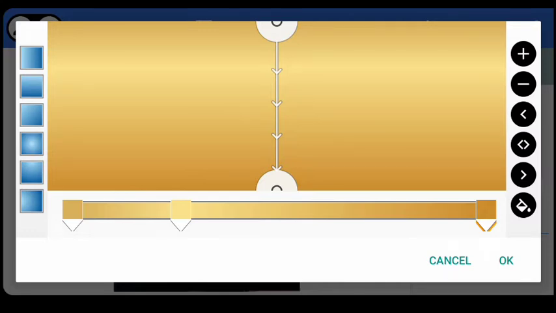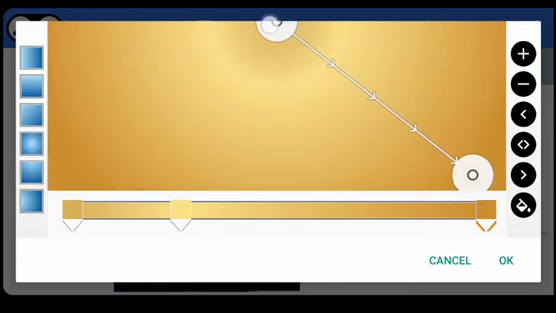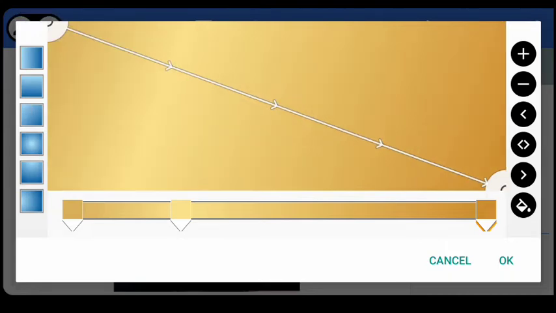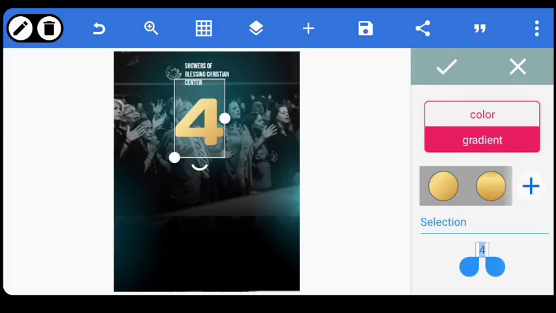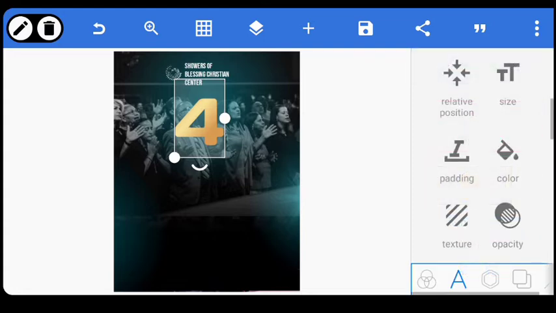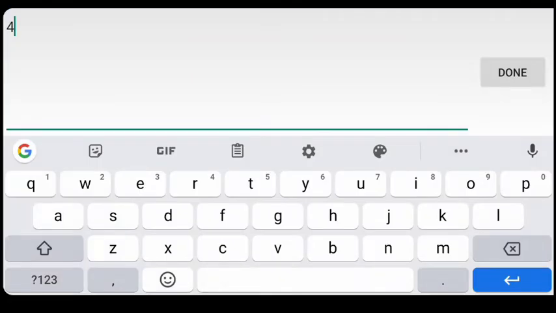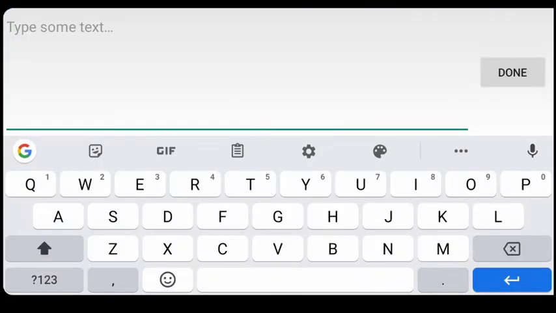This, where is it? This one. I just tweaked it this way. I think I made use of this. Okay, this is what I made use of. Yeah, and right here, how I got the color that I made use of, which is this one. You can see it. Okay, that is how I got the color, and that's the color that I'll be using all through this design. The next thing is just to duplicate this particular 4, edit it, and then type in